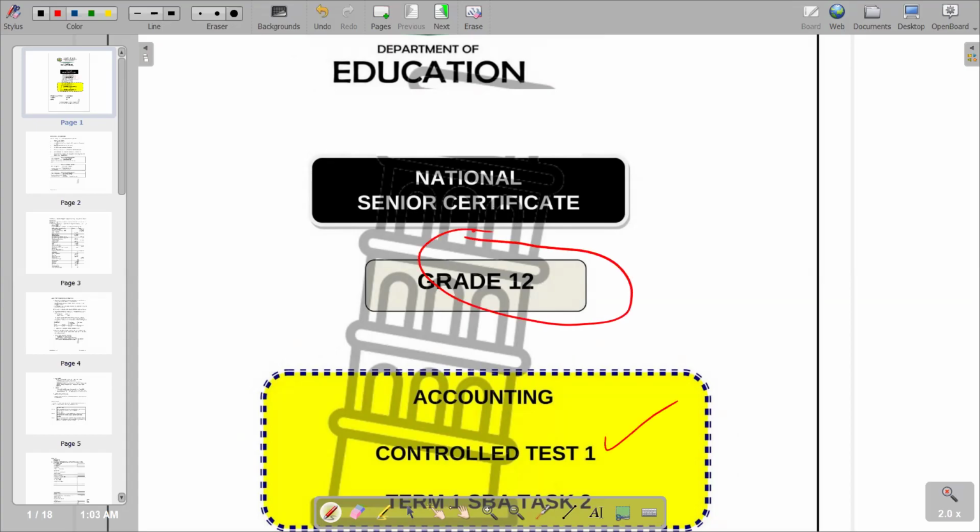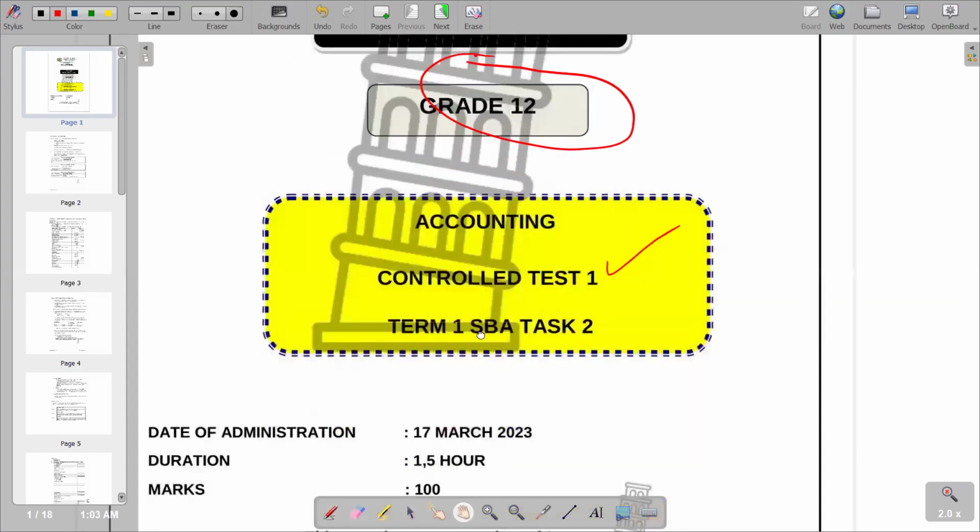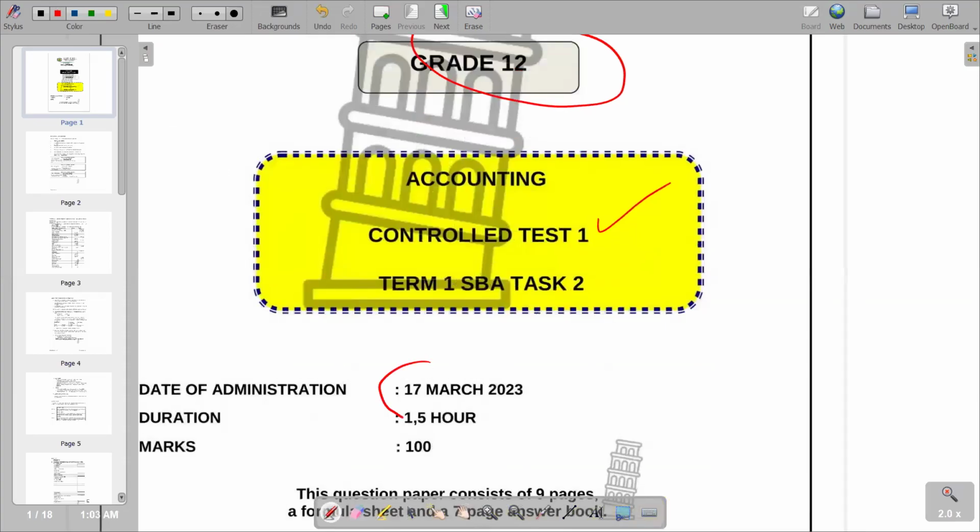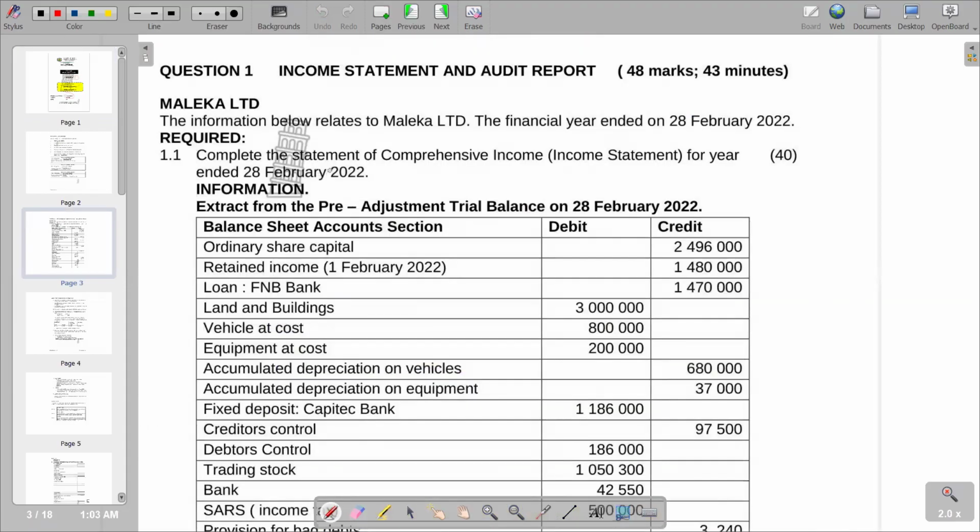We are going to look at Controlled Test One of March 2023. This is the question paper that we are going to look at. We are looking at the question on the income statement for Amaleka Limited, for the financial year ended on the statement of comprehensive income, February 2022. Our question gives an extract from